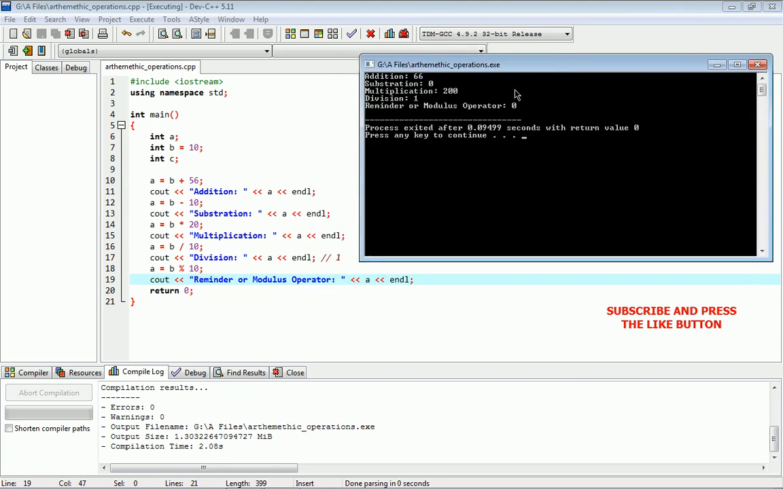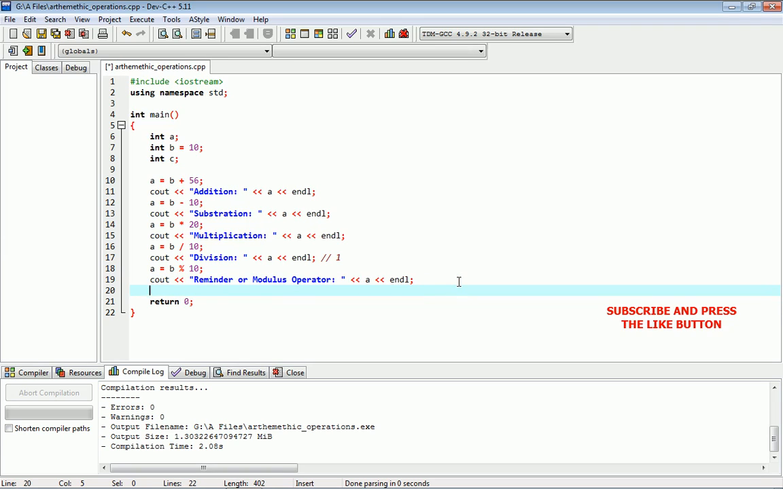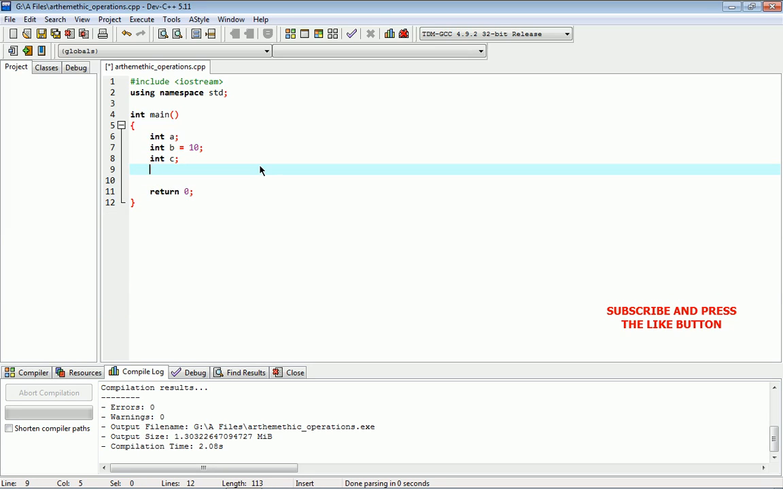As you can see, the remainder or modulus operation gives 0, because 10 divided by 10, the remainder will always be 0, right? Alright, this is for division, multiplication, subtraction, addition. Okay, that's great. Now, I hope you understood all this. So let me remove this. Alright, now here what we'll be learning is